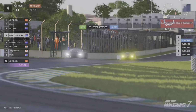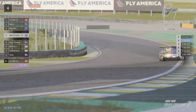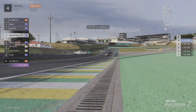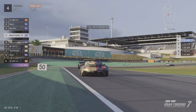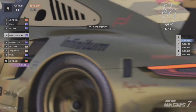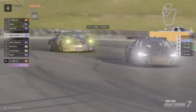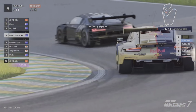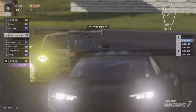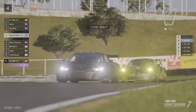And as you can see, we've closed up a fair bit to the back of him. I'm still setting personal best sectors. Second place has driven away from both of us, as I think the car ahead started having a more defensive mindset rather than attacking. So he's held onto his position so far, but we are still applying that pressure,